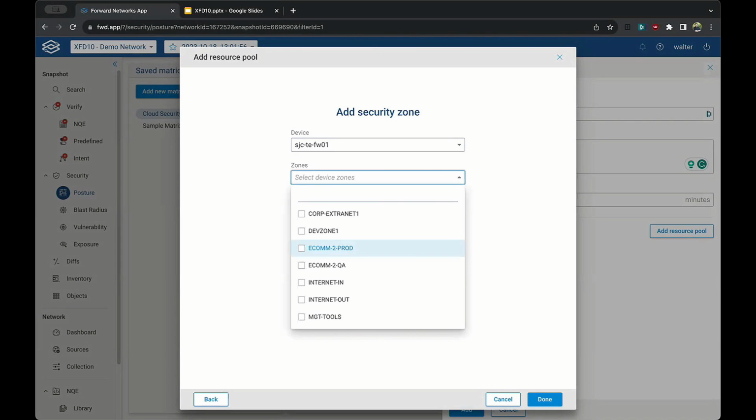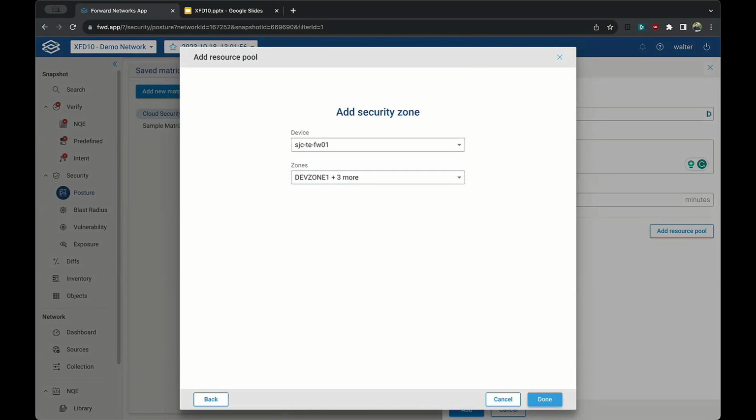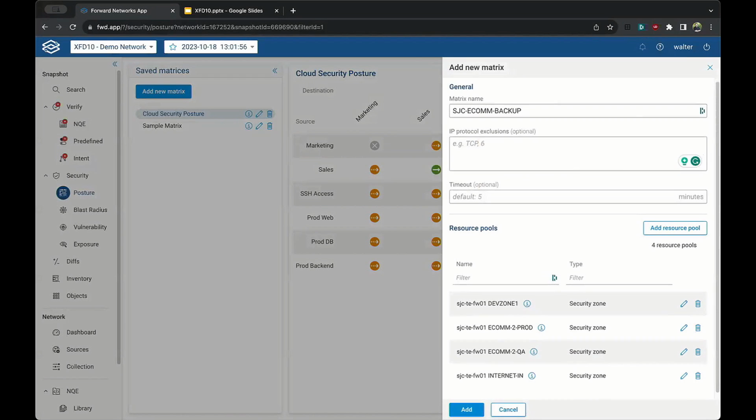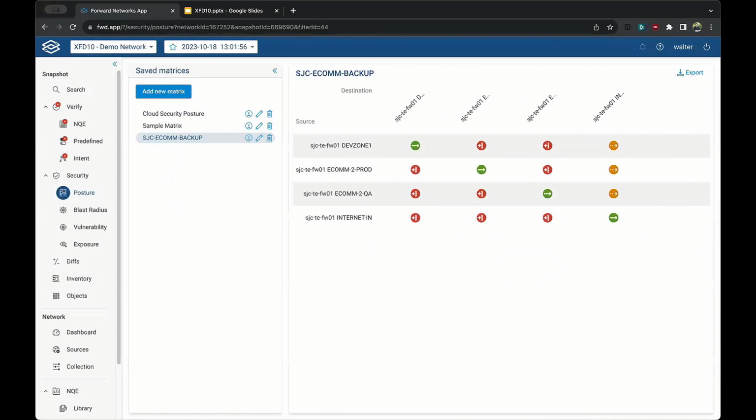And then as long as you name your zones correctly, and it's not zone 1, zone 2, zone 3, zone 4, we'll be able to come through and go, okay, I want to know dev zone, ecom prod, ecom QA, and anything from the internet that's coming in. I'm going to click done, make sure this all looks good, click add, and in the magic of 2 seconds, we have a posture map built